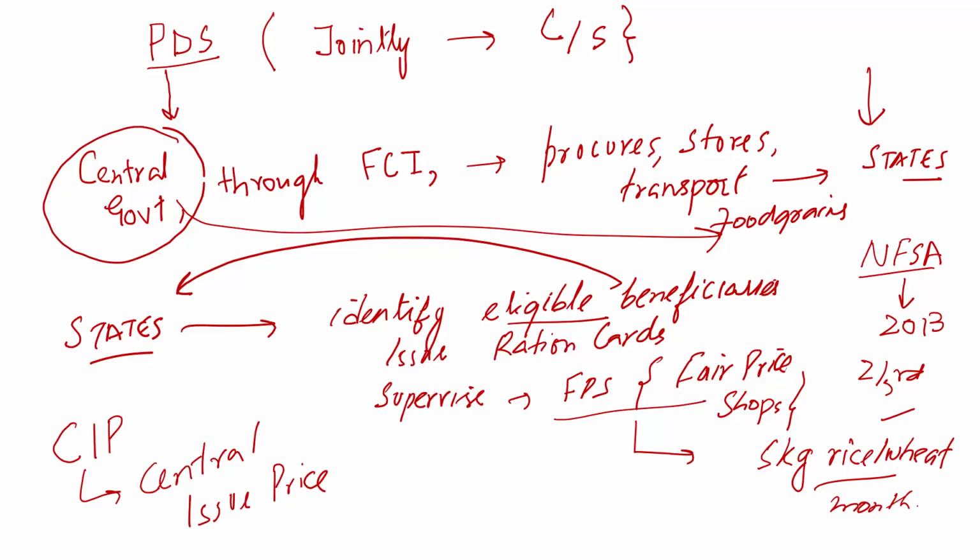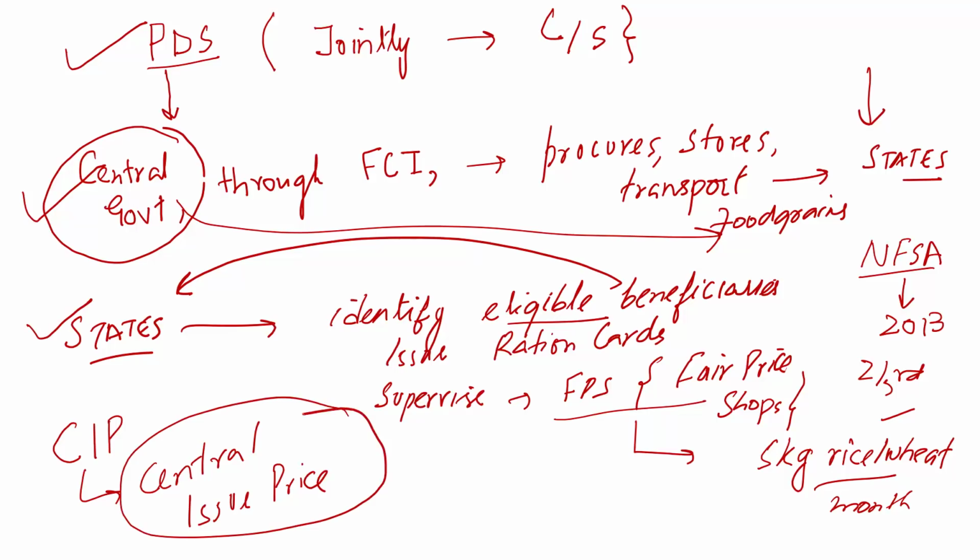So what you need to understand is the public distribution system, the role of the central government and the states in these food grains, the central issue price, and the National Food Security Act. If these concepts are clear, let's jump to the Economic Survey, which was recently tabled by the central government in the